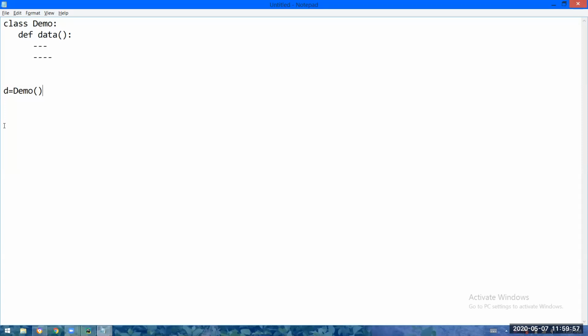This is fine. So once the object is created, what is the syntax to call the method? D dot data. Object dot variable name, object dot method name. Variable or method, whatever we are having. So here we are having a method, so object dot method name. That is fine.